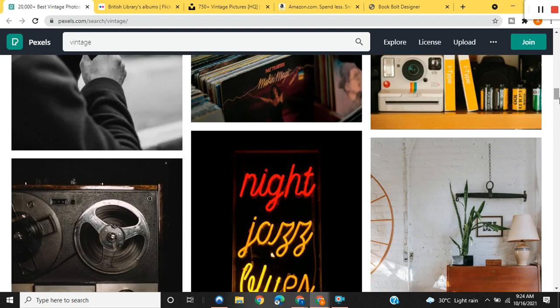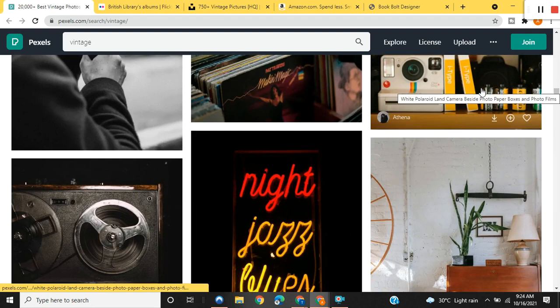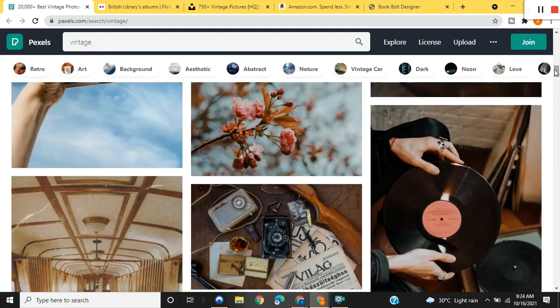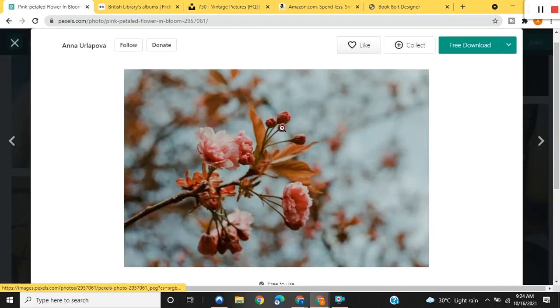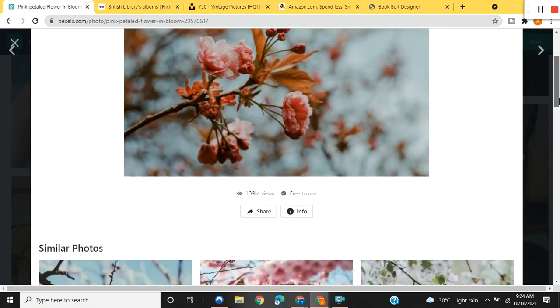Alright, you need to ensure that when you click on these images, they are free to use. For example, if you come here, it says free to use, so this can be used for free. We also have